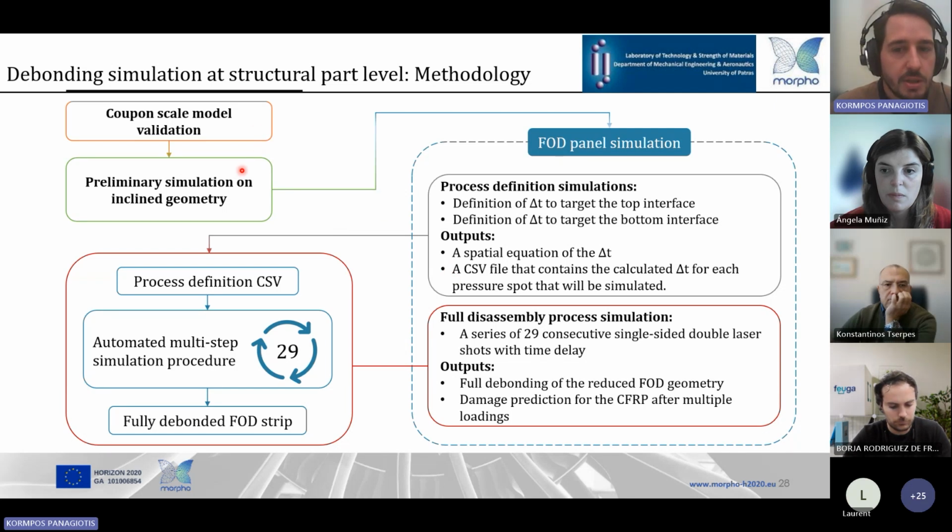First, a preliminary study was conducted on an inclined surface. Then a finite element model of the FOD panel was designed, and the simulation process was carried out in two phases. The first phase involved defining the process by calculating the time delays for the detachment of the upper and the lower faces, and the second phase focused on the simulation of the complete debonding of the titanium, utilizing an automated simulation procedure that was described